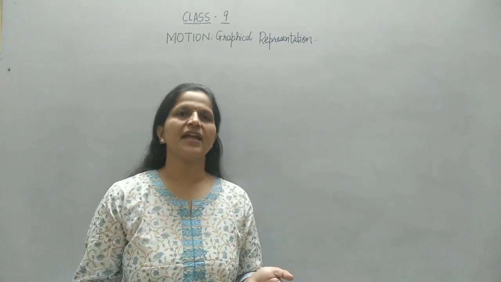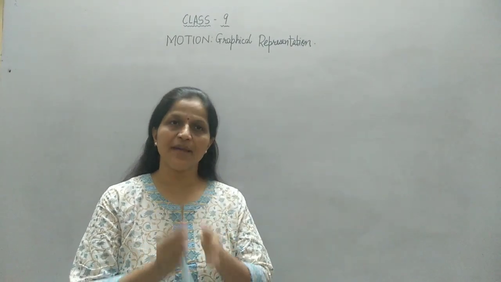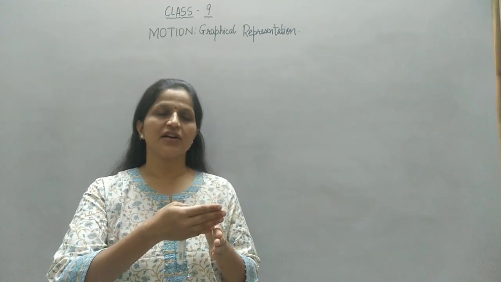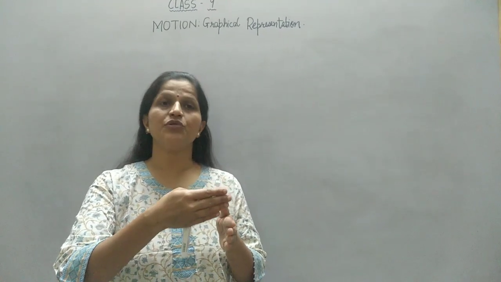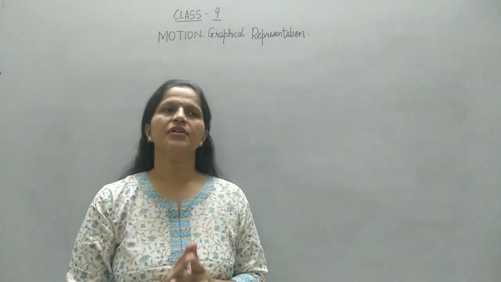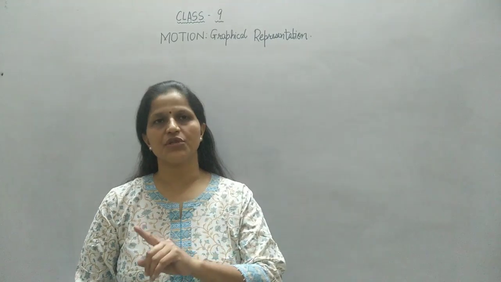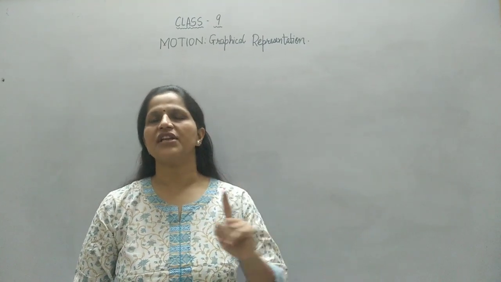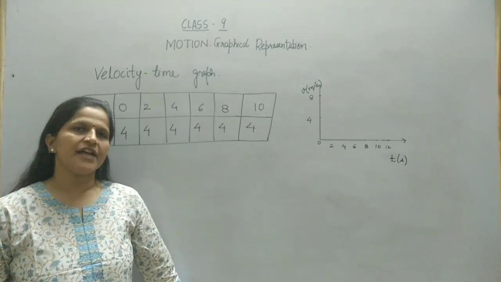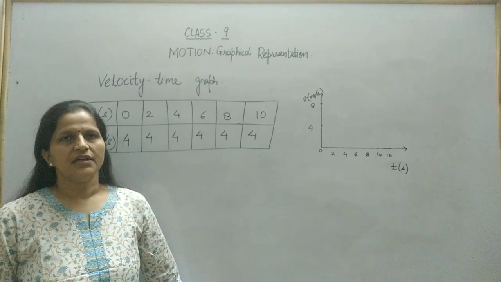Actually, distance time graphs and displacement time graphs can be taken as the same in case the motion is along a straight line without changing the direction of motion. And as I told you earlier also, in this chapter we are majorly confining ourselves to motion in a straight line without any change in direction. So now let us move on to another category of graphs, that is velocity time graphs.